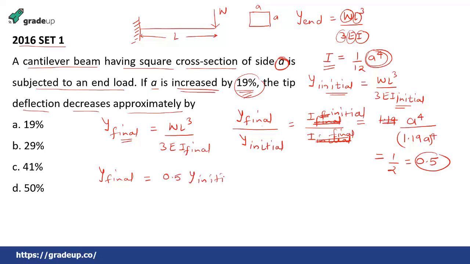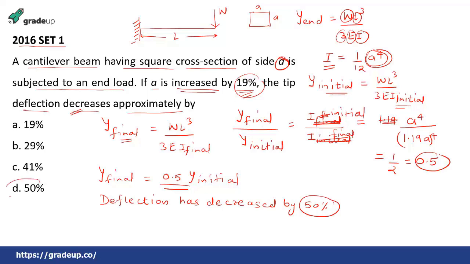That means the deflection has decreased by 50%. So the deflection decreases approximately by 50%. So D is the correct answer. Okay, very simple question, that is why I was telling you to remember these expressions. Okay, next is